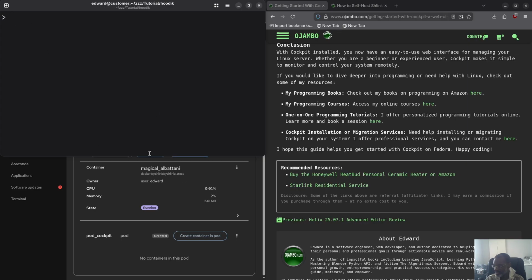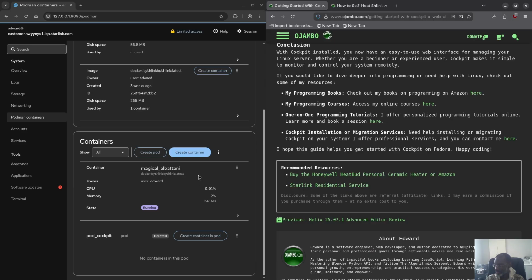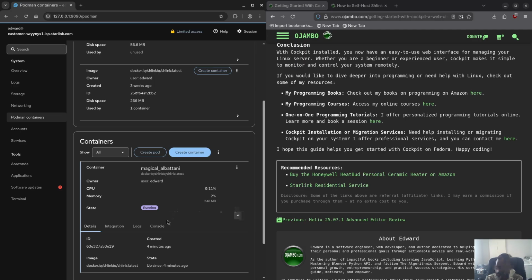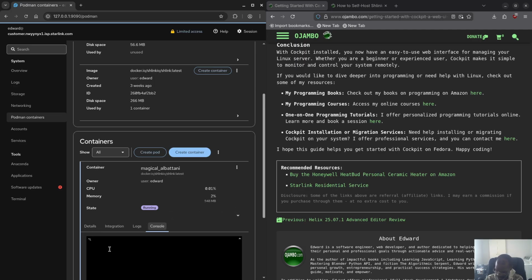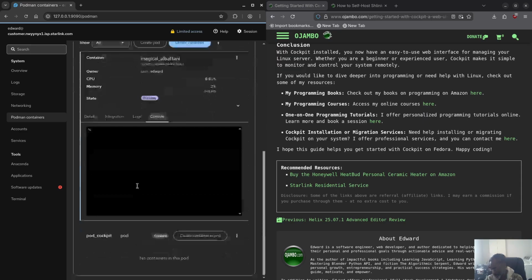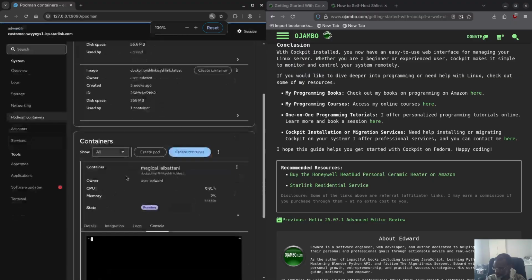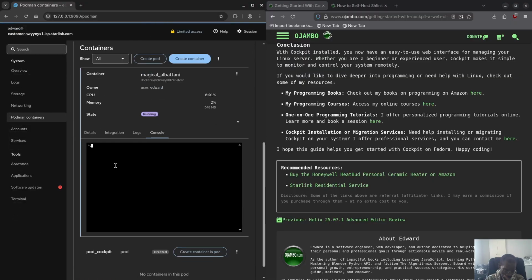So actually, you know what? Let's do that. Forget this terminal. We don't need a terminal. Let's go here and actually run it inside the console, because the console means it's inside the container. Can I zoom in here? Oh, be careful there. So I'm inside the container. That's exactly what I want. So if I type ls,